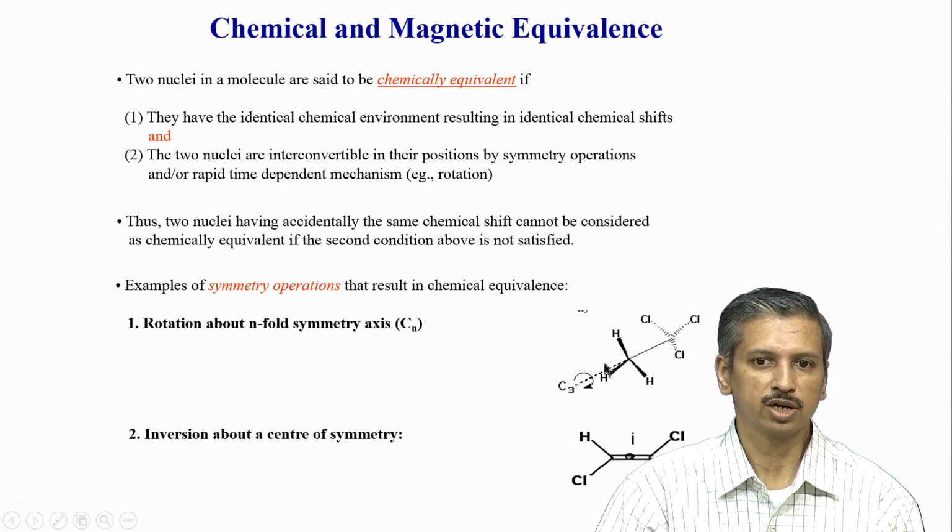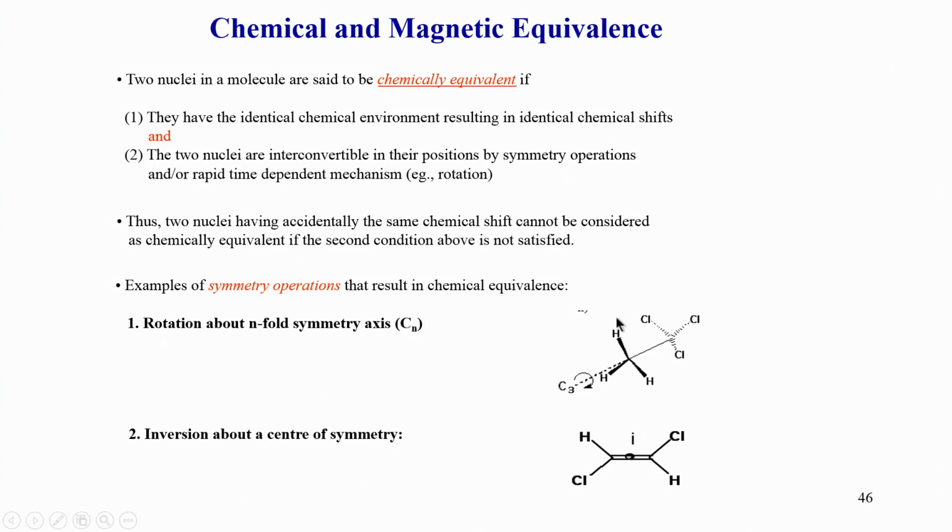Look at this molecule here, it has a rotational symmetry. You can look at these 3 hydrogens: if I rotate it and this hydrogen comes here, this hydrogen goes here, it does not affect anything. These 3 hydrogens are chemically equivalent, because they are all rotating and therefore their positions are equivalent. It is equally distant from these 3, whether it is in this position or this position or this position. Because of this rotational symmetry, because it has an n-fold rotation symmetry axis, these 3 hydrogens are equivalent.